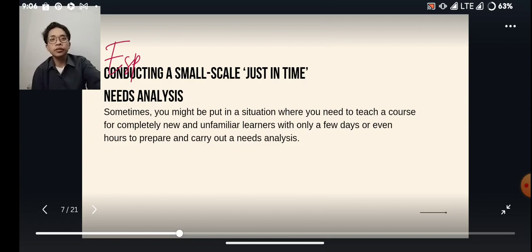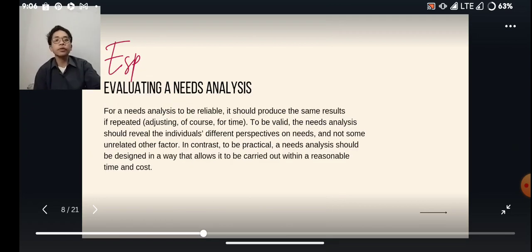Then we can move on to evaluating a needs analysis. For a needs analysis to be reliable, it should produce the same result if repeated, adjusting of course for time. To be valid, the needs analysis should reveal the individual's different perspectives on needs, and not some unrelated outer factor. In contrast, to be practical, a needs analysis should be designed in a way that allows it to be carried out